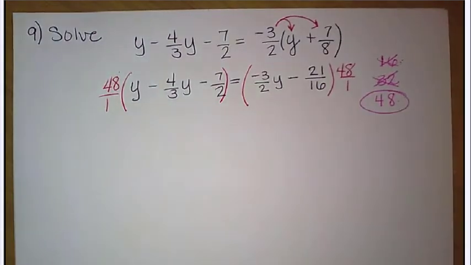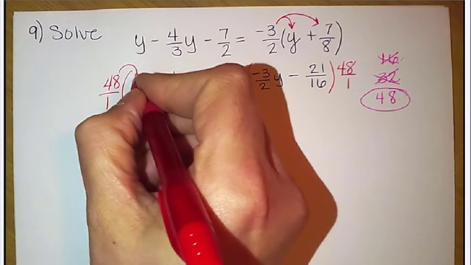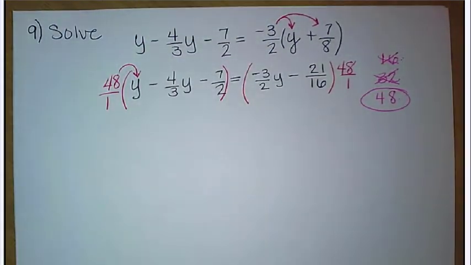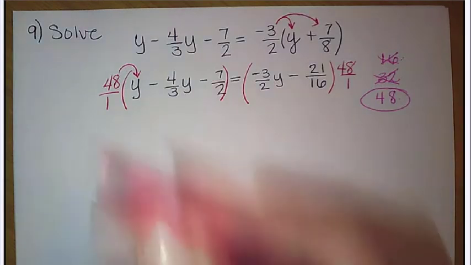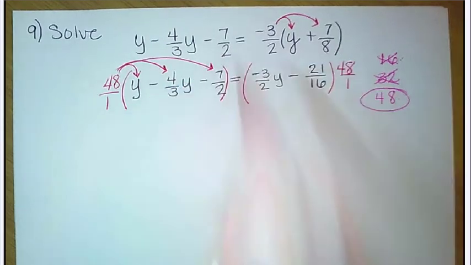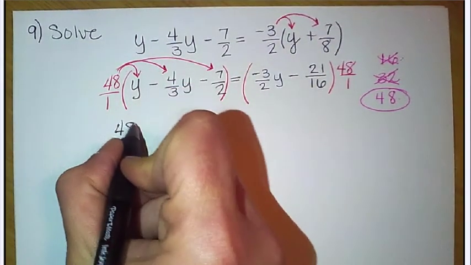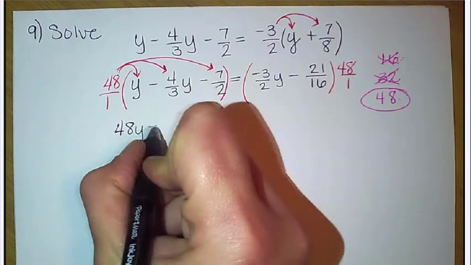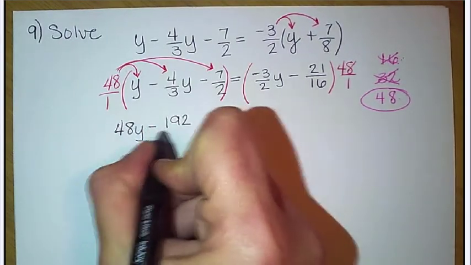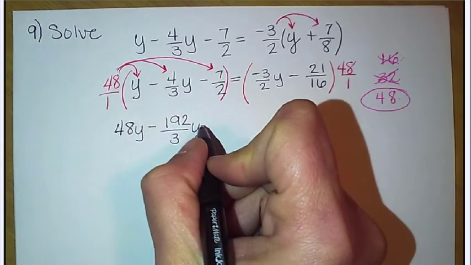Now, another big mistake that people make is they see that y, and the y doesn't have a fraction on it, so they think it doesn't need the 48. But remember, when we're doing this, we are distributing it to everything in the problem. So the 48 goes to the y, it goes to the 4/3, and it goes to the 7/2. So that is going to give us 48y minus 192 over 3y minus